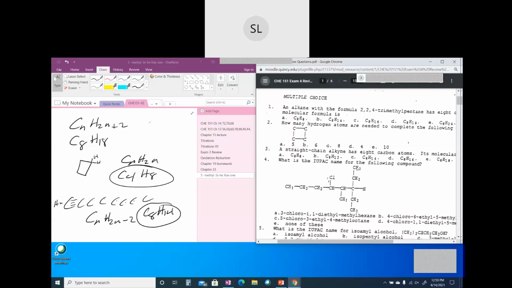4-chloro-6-ethyl-5-methyl. All right, so if you go this way, 1, 2, 3, it would be a 3-ethyl, then a 4-methyl, and then a 5-chloro, and then octane. If you go the other way, 1, 2, 3, 4, that would be a 4-chloro, and then a 5-methyl, and then a 6-ethyl. All right, so you go with the way that gives you the lowest number for your first